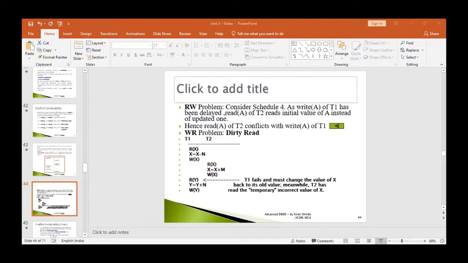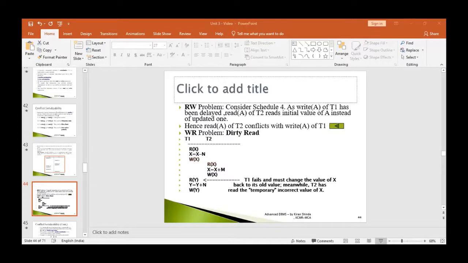WZ WX, no conflict. Okay, so let us color it. Continue the sequence, RY. Now RY, since both the operations are read, even though the data item is same, there is no conflict. RY and WX, no conflict because the data items are different. So we are done with this.